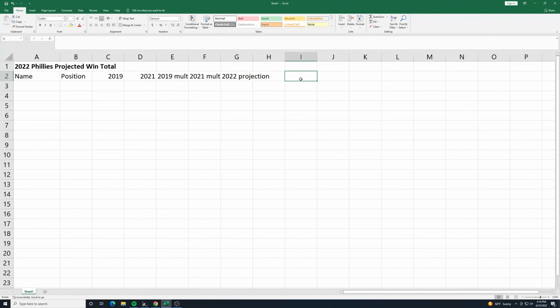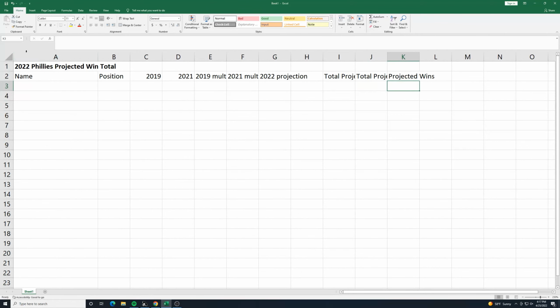In I2, I'm going to put in total projected runs and total projected runs allowed and projected wins. Okay, so we got that there. Looks pretty good. I'm going to give us a little bit more room for the name on here. Position is probably fine. For the E column,